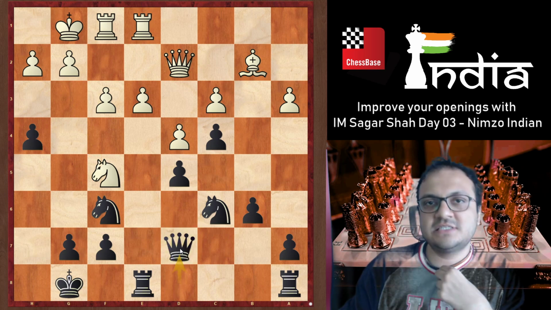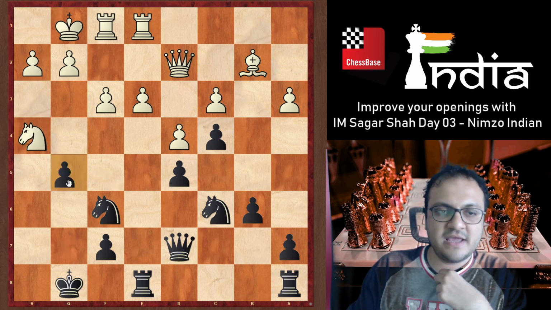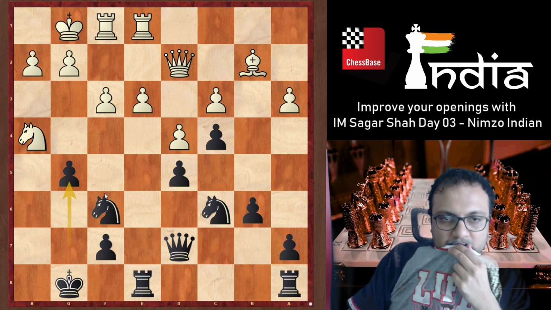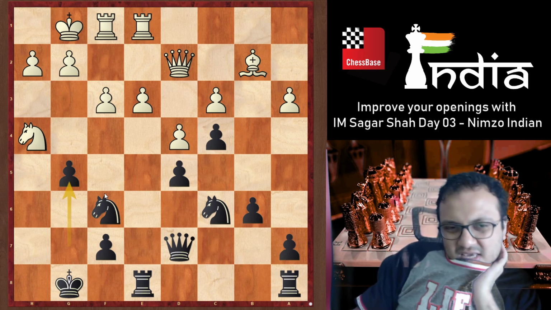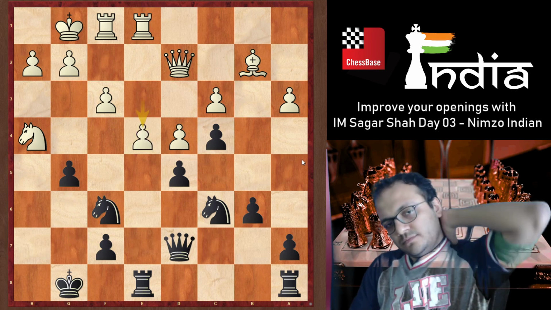Suppose I play this, and this is a general trap: if you take, I will play g5. But here in this case, it traps the knight. I'm worried about e4.